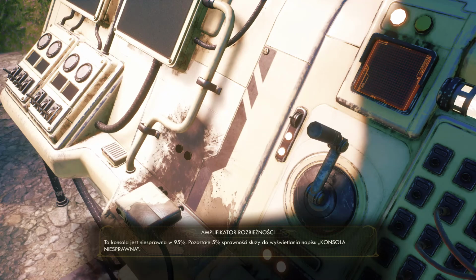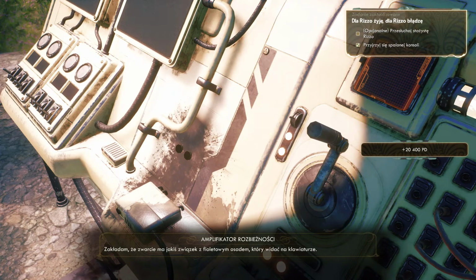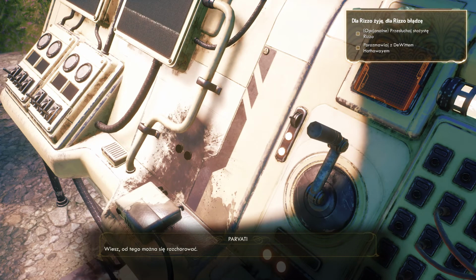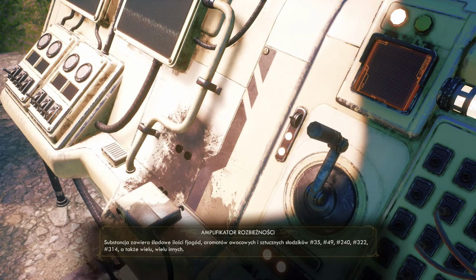This console is 95% non-functional. Remaining 5% functionality stems from display reading console non-functional. Cause of shortout is most likely related to purple residue splattered all across the keyboard. You know you're liable to get... Substance contains trace amounts of purple berries, fruit flavors, and...